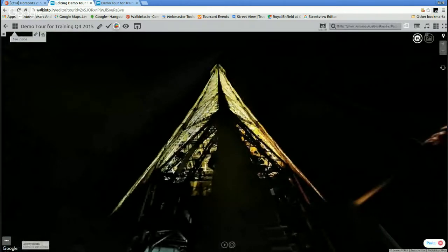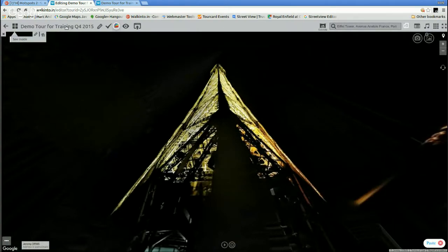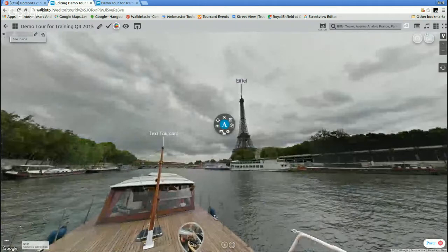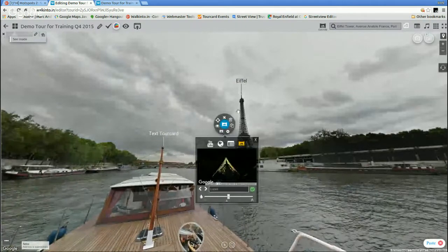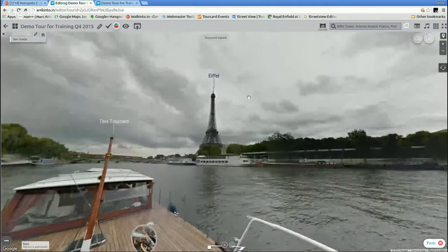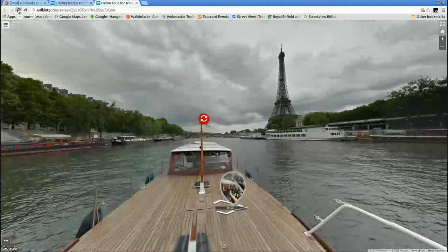Okay, all right. So I will just use this. Now heading back to our home panel. To get to the home panel, when you're an editor, what you do is you just click on the title. That will take you back to your initial panel. And this one I'm going to change. This is a scene link, which is looking like a label, and I'm going to make it this. Okay, done. So now this is Eiffel, and if I go to my preview mode,